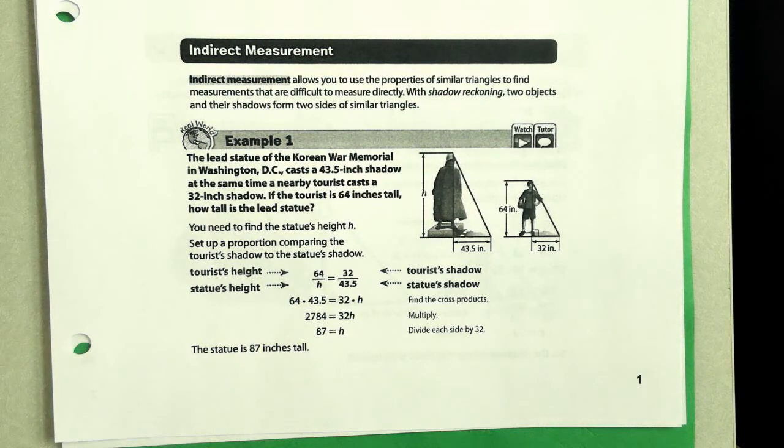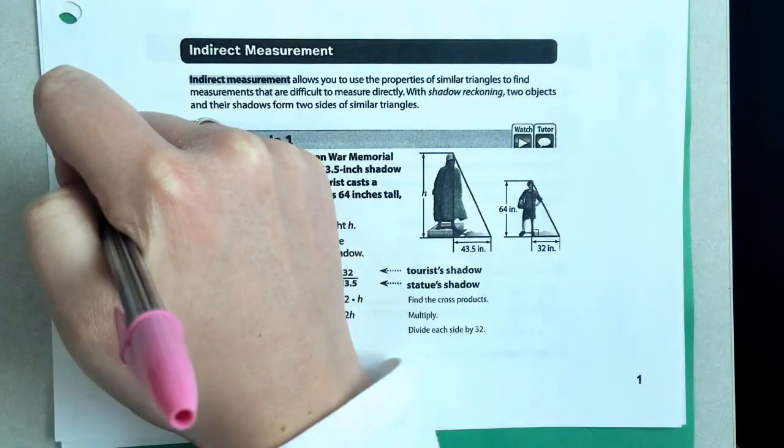Indirect measurements allow you to use the properties of similar triangles. Remember that similar triangles are triangles that have the same shape but a different size. And when I say the same shape, what I mean is they have the exact same angle measures, because this